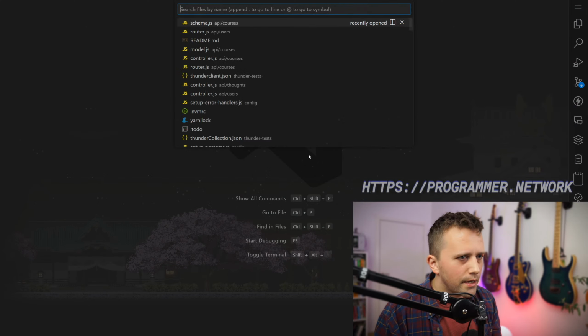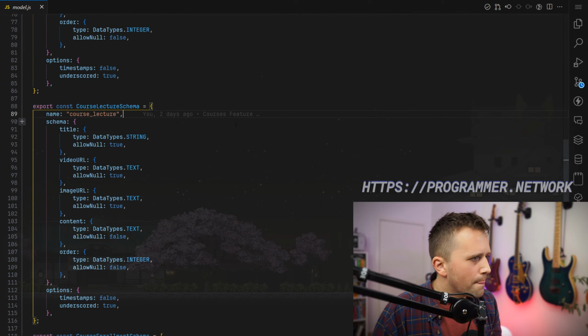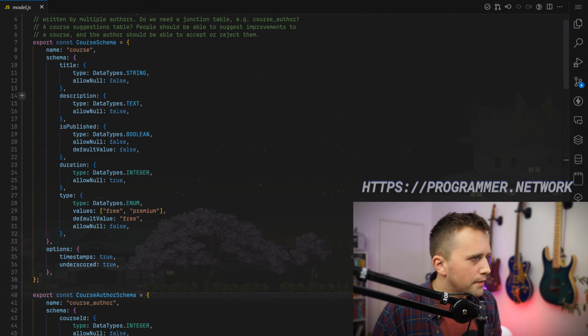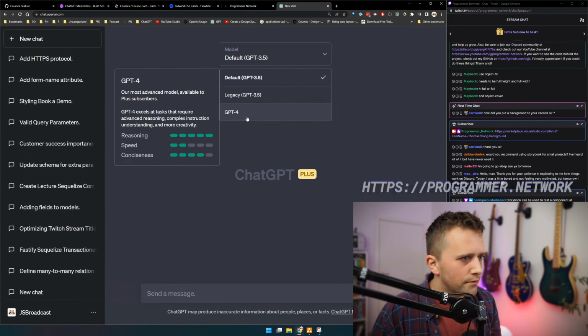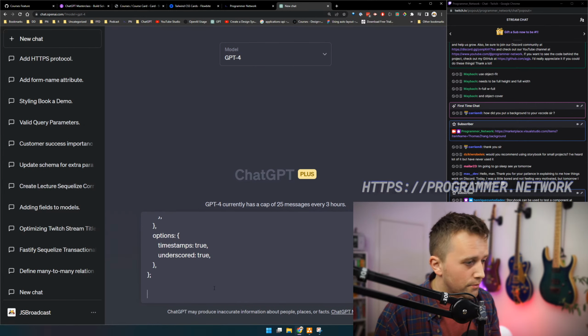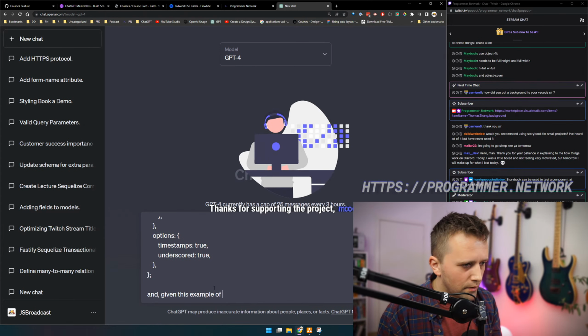So I'm going to go to my API here. Let's go to the courses model, and let's try to prime it with this now. If I take this course Sequelize model, I'm going to tell it something like this, but we need to use GPT-4. Given my SequelizeJS model or schema, and given this example of my React form,